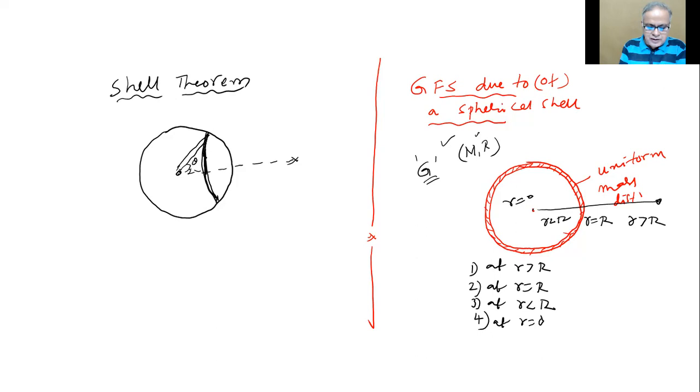We'll consider one ring element in the shell like this. This ring may be described by certain angles, theta, and this thickness is d theta. Due to this ring, what is the gravitational field strength? And then once you know that, how to get it for the whole shell is a regular method, children, which requires some maths, which is not so difficult, but which may look a little lengthy.